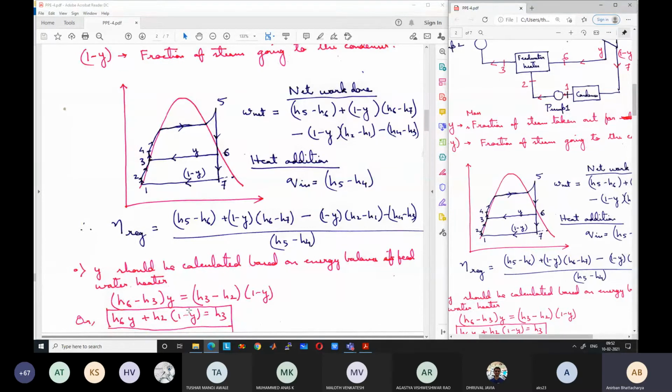So we will solve a problem today to see actually how to calculate this, so that it is more clear to us, because this is slightly tricky, slightly confusing, how to go through all the steps and how to calculate step by step the enthalpy values and the value of fraction y and the efficiency. All these things we will see through an example problem. Any questions on this part?